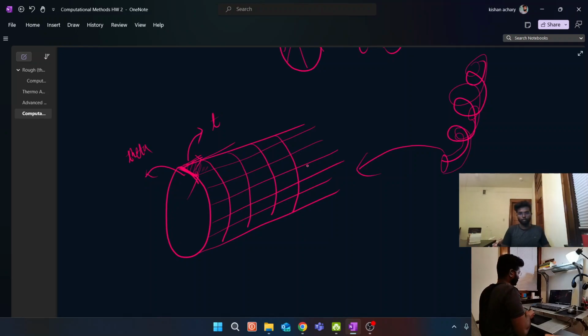If you are able to find the delta theta, meaning the unit length of t which changes in this direction, and the unit theta which changes in this direction,